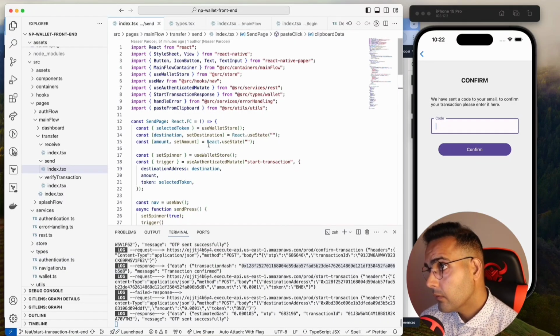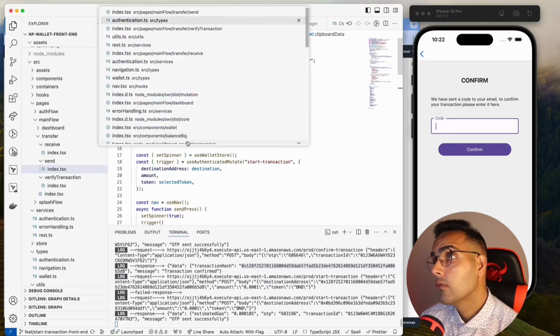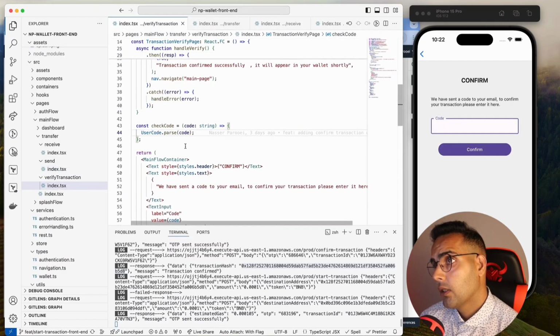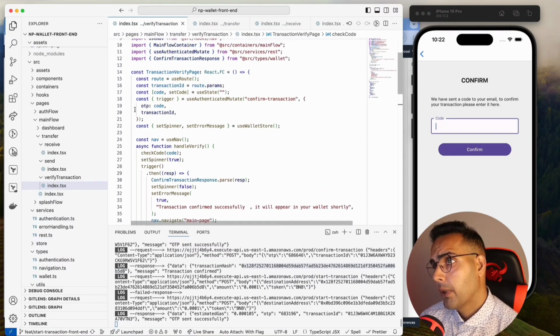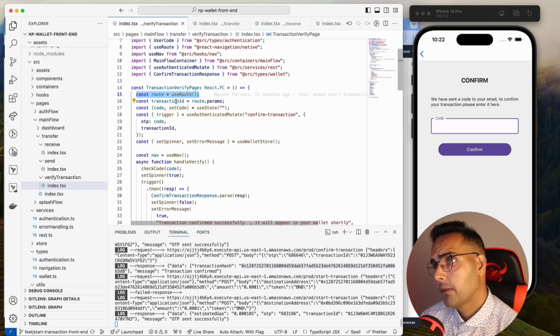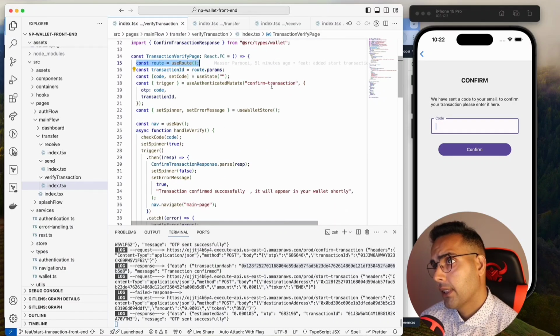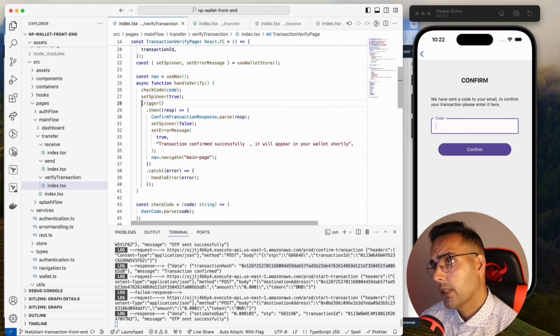So if it's 6 characters, then we try to send it to the backend. What we send to the backend is the code as OTP and the transaction ID that we receive from the last route. You see here, we use the route function, and we get the transaction ID from the params. And we confirm the transaction. Here, if the trigger is successful, then